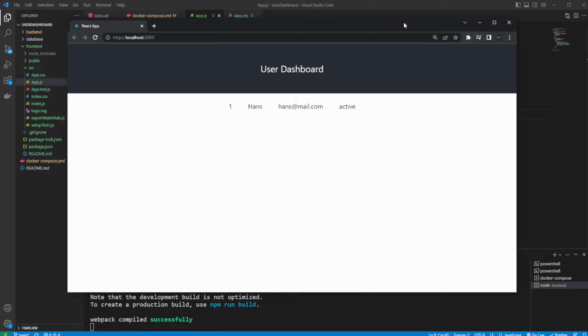We're now at a point where last video we created a React project. In the meantime, I have created a very simple setup where we now have our web page, which retrieves our users from our backend API and showcases them on the screen. In the future, we're going to add the functionality of adding a user, removing a user, and editing a user. But for now, just to go through our setup, we have a MySQL database running inside